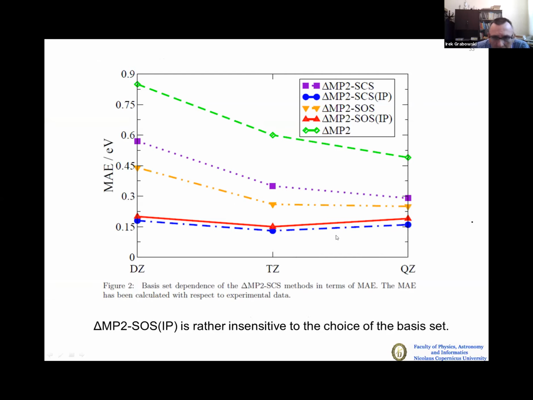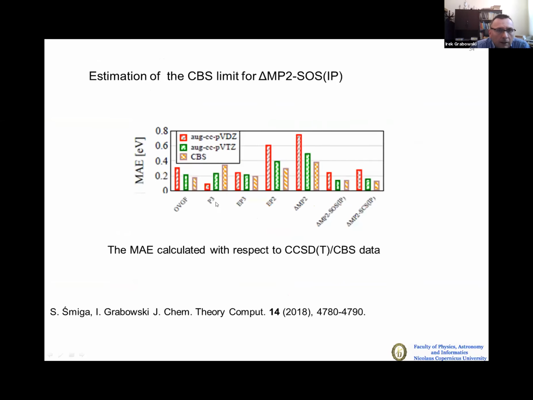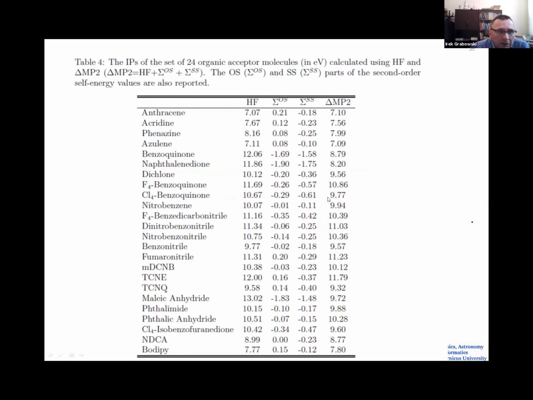So as you can see, it's very stable as compared to other spin component scaled approaches. We also did some estimation at the complete basis set limit. And again, as you can see here, the errors are really small and stable. So we move on to some bigger